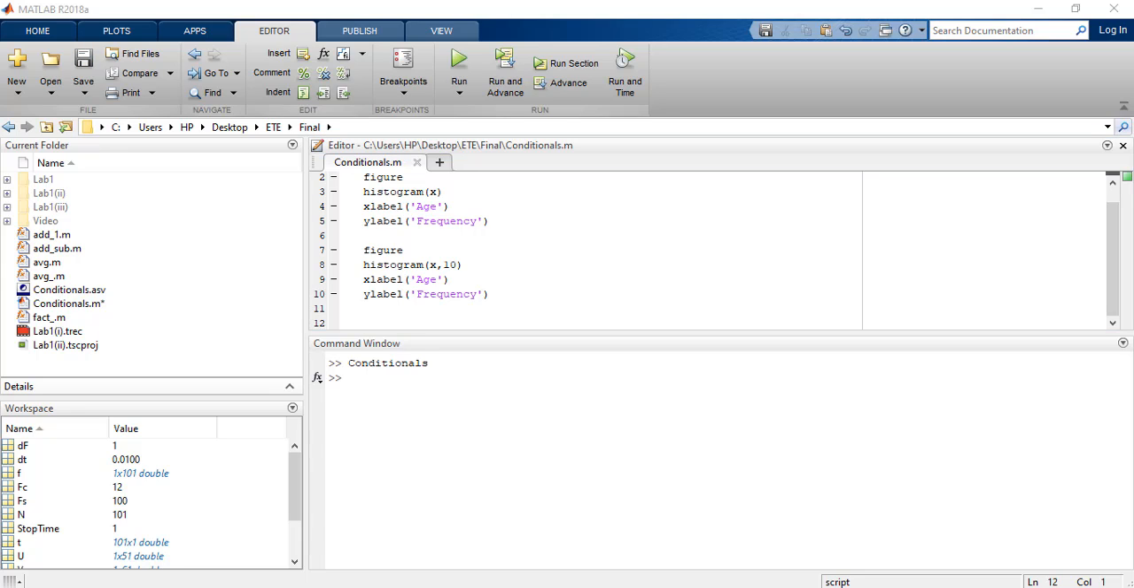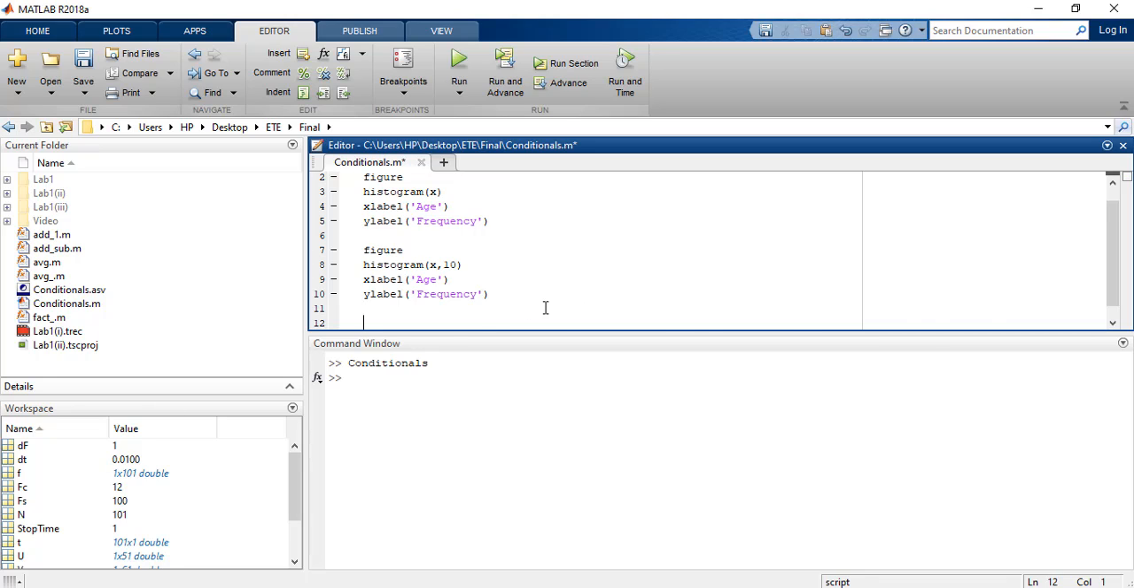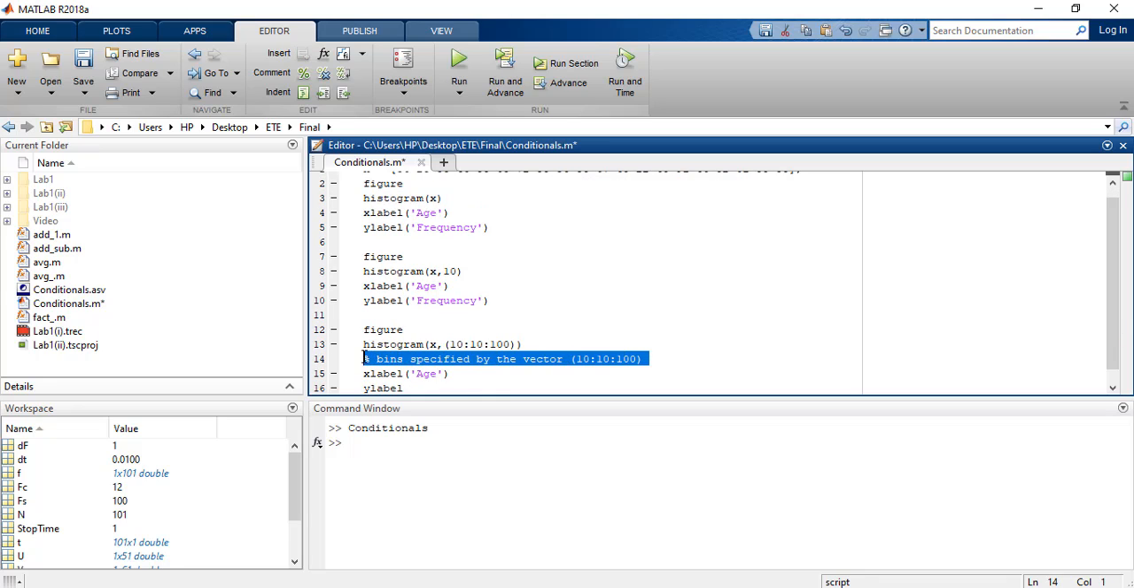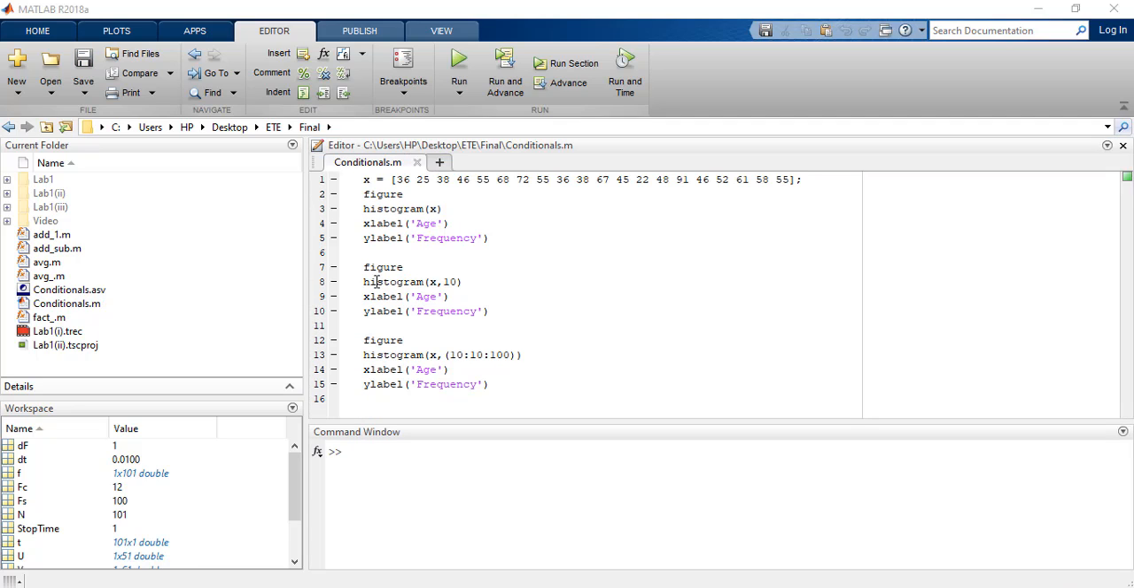Then again we write a third figure, then this histogram will be specific by the x level and y level. The bins are specified by the vector, which starts at 10 and ends at 100 with an increment of 10. Okay, so if we run it,